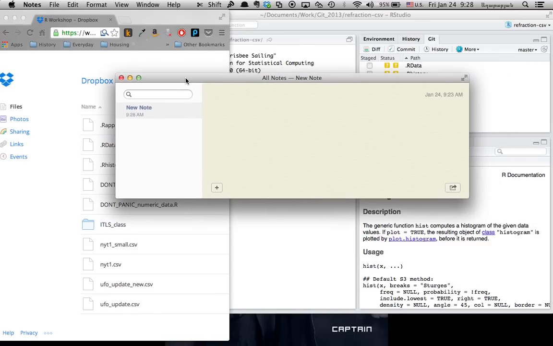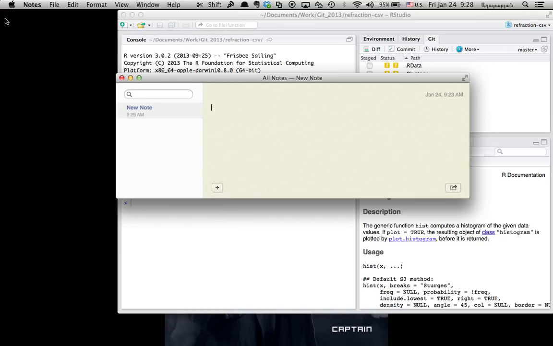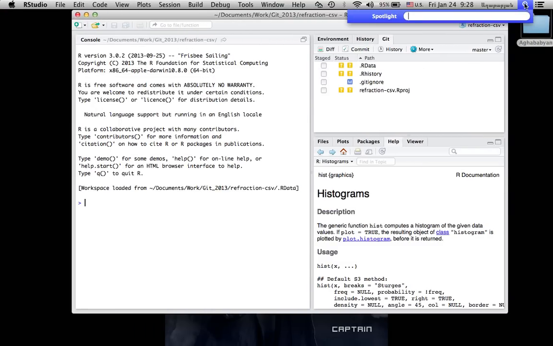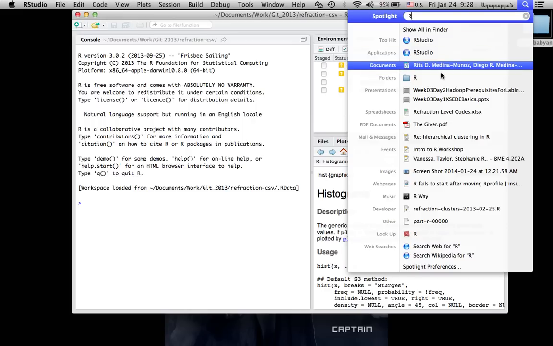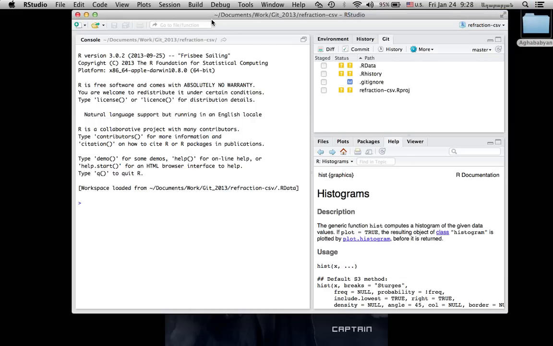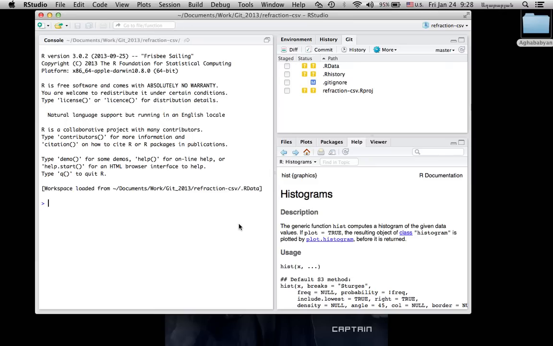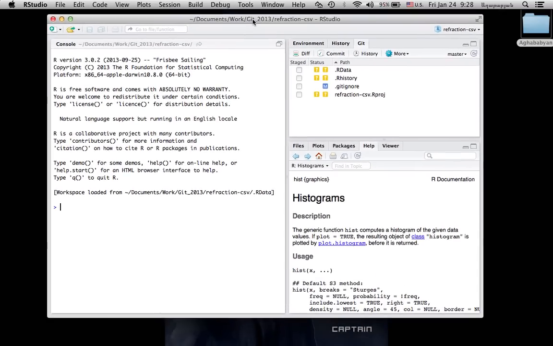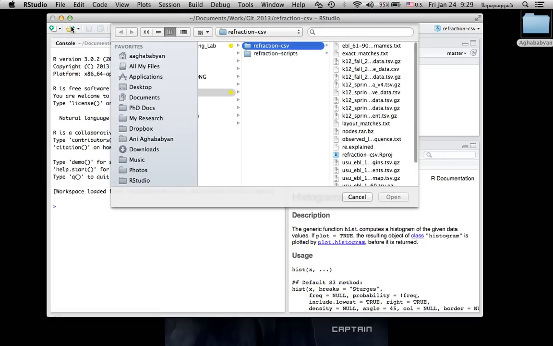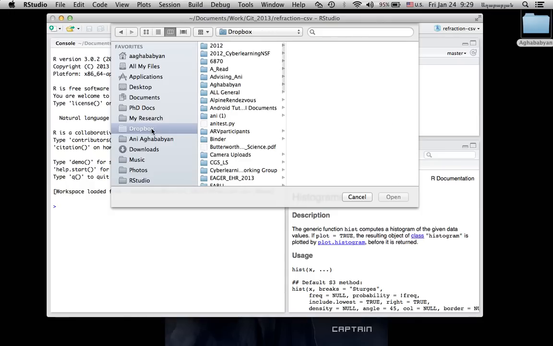So once you copy it over to your folder, close out the Dropbox, and start the R Studio. Make sure not to start R, but start R Studio. When you open it up, it should look something like this. Okay, once you do that, you go to this little icon right here, not the drop down arrow, but this icon. Click on it and it'll open it where you want to find your file,